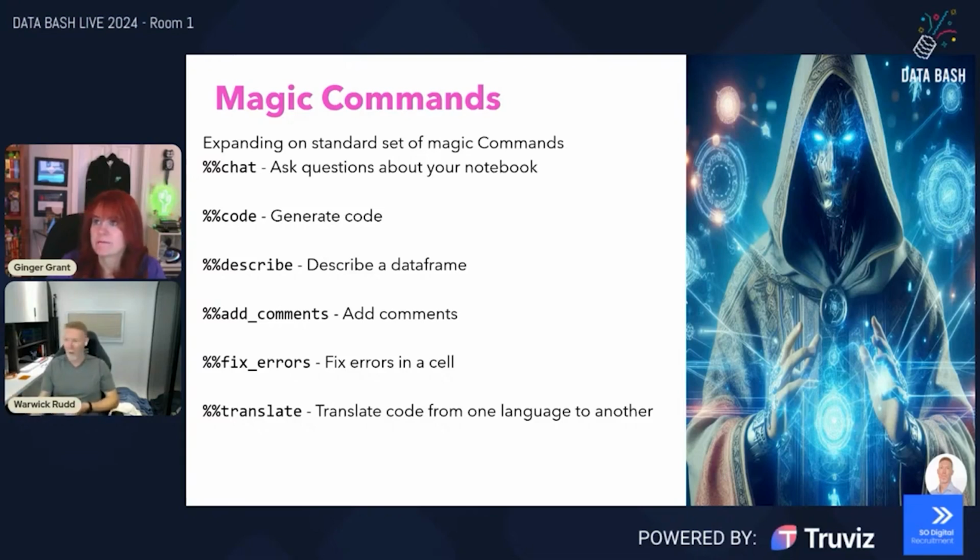Add comments makes it easy for us, right? It's having a look at the code we've already got and adding those comments to the code. Fix errors. We'll have a look at that in the upcoming demo, but these things are what we really want to know about when we are using Copilot inside of Fabric.